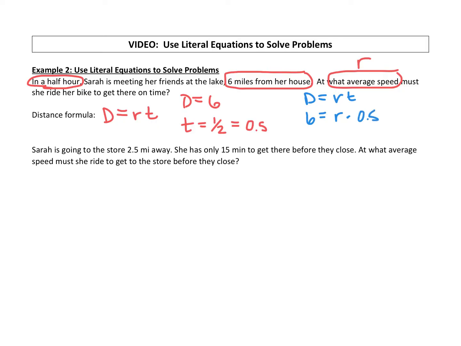And now we just have to solve for the rate. The rate is being multiplied by a 0.5, so we can undo that by dividing by a 0.5 on both sides. And our rate is going to be equal to,